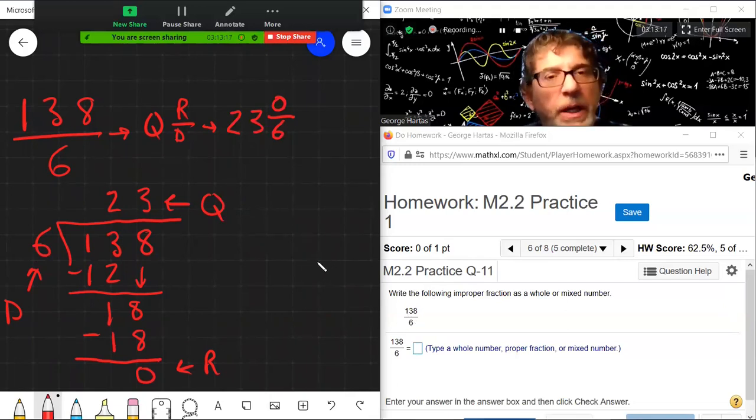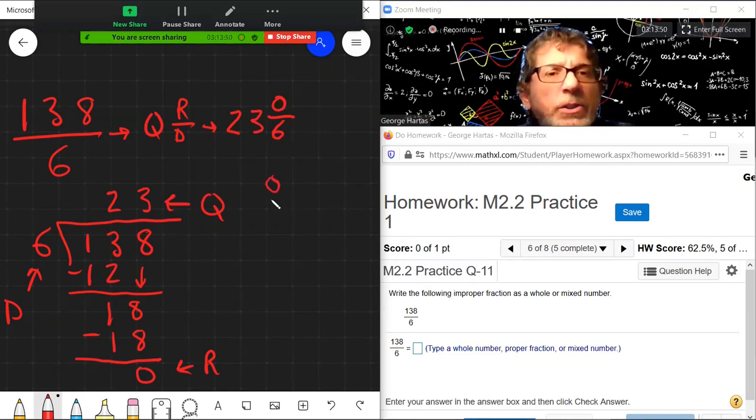No, you can't do that. Look at this part here. 6, by luck, divided exactly 23 times into 138 with nothing left over. So it makes no sense to put that in there, first of all. Right? It makes no sense because 23, just 23 is the answer. The second thing is,